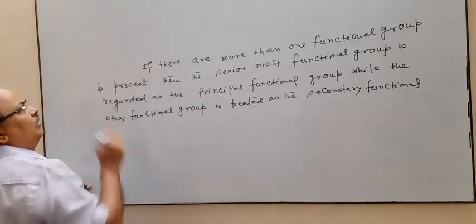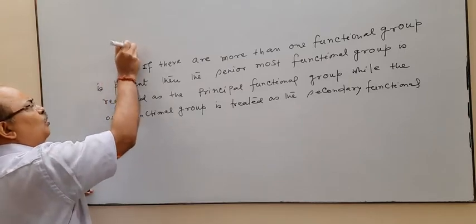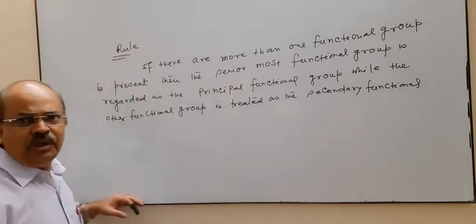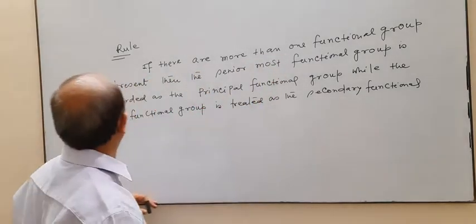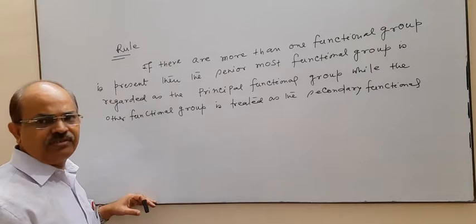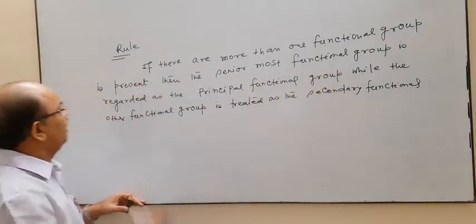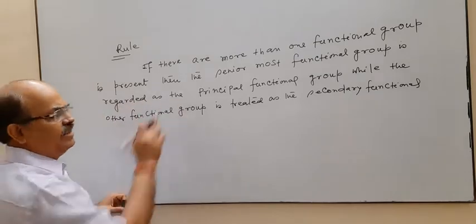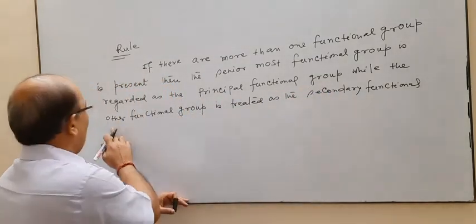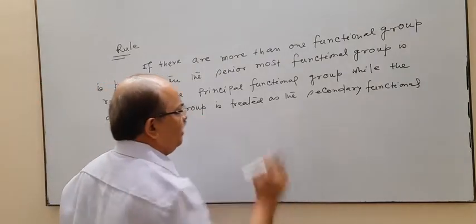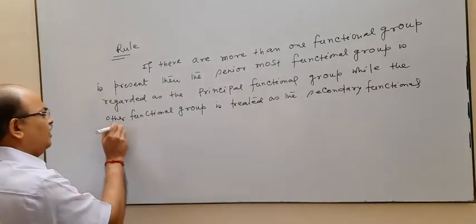The basic rule is, if more than one functional group is present, then the seniormost functional group is regarded as the principal functional group, while the other functional group is treated as the secondary functional group